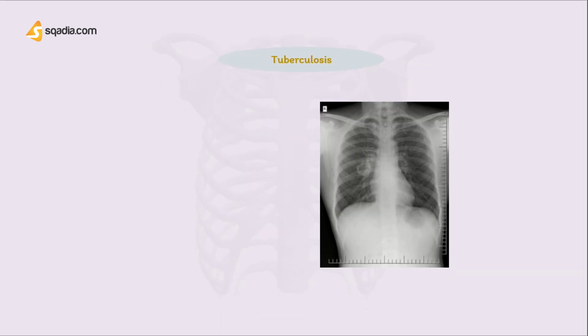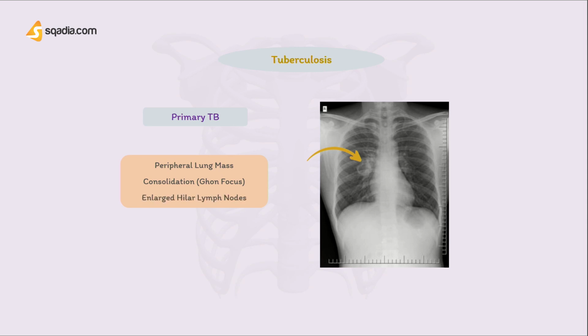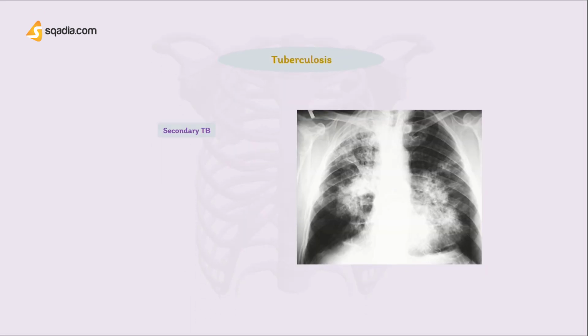The radiological appearances of primary TB include peripheral lung mass or consolidation, which is known as the Ghon focus, and enlarged hilar lymph nodes. In secondary TB, which is also known as post-primary TB or reactivation TB, we see consolidation, often with cavitation, especially in the upper lobes or apical segments of the lower lobes,